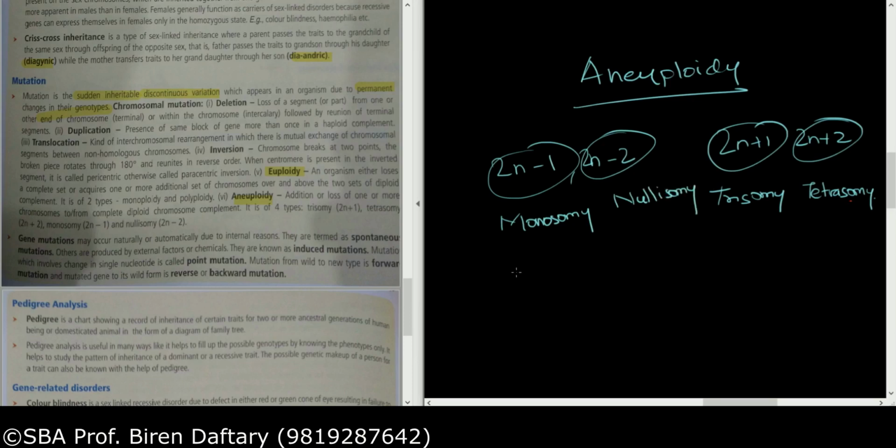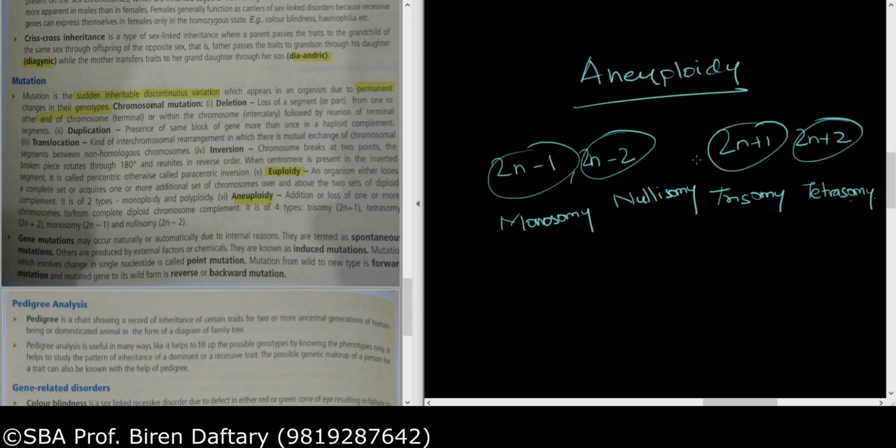Okay, so you know this. We'll be studying examples also. For example, an example of monosomy is Turner syndrome, in which one X chromosome is lost. An example of trisomy is Down syndrome, Edwards syndrome. So many examples are there. Again, addition of an additional X chromosome, so that is 2n plus 1, Klinefelter's, that is also trisomy. So this we have already done. So this is about the number of chromosomes.